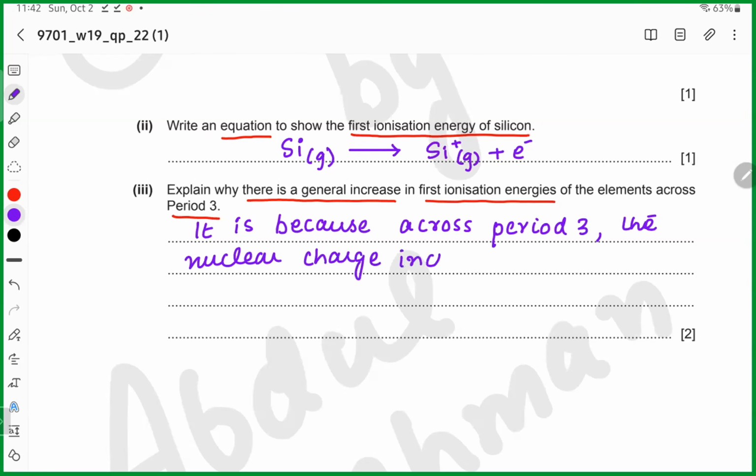Nuclear charge means the charge in the nucleus, and in the nucleus only protons have a charge. So the nuclear charge increases